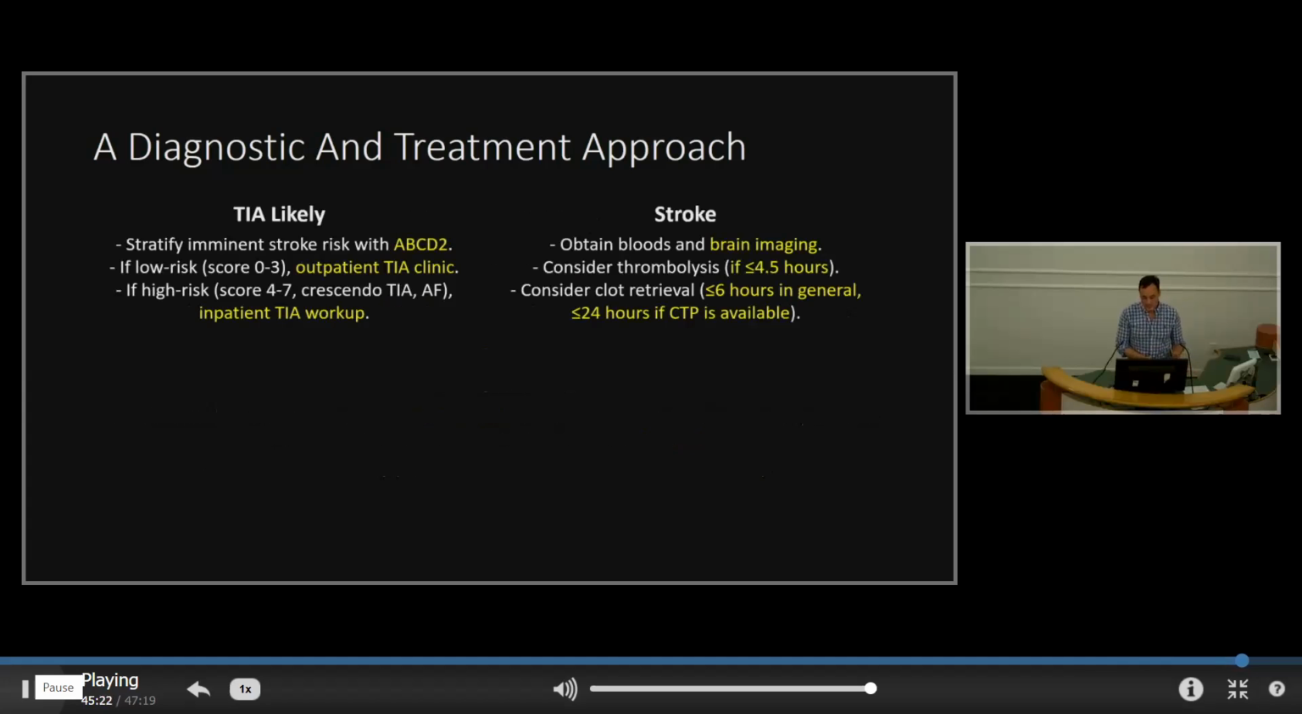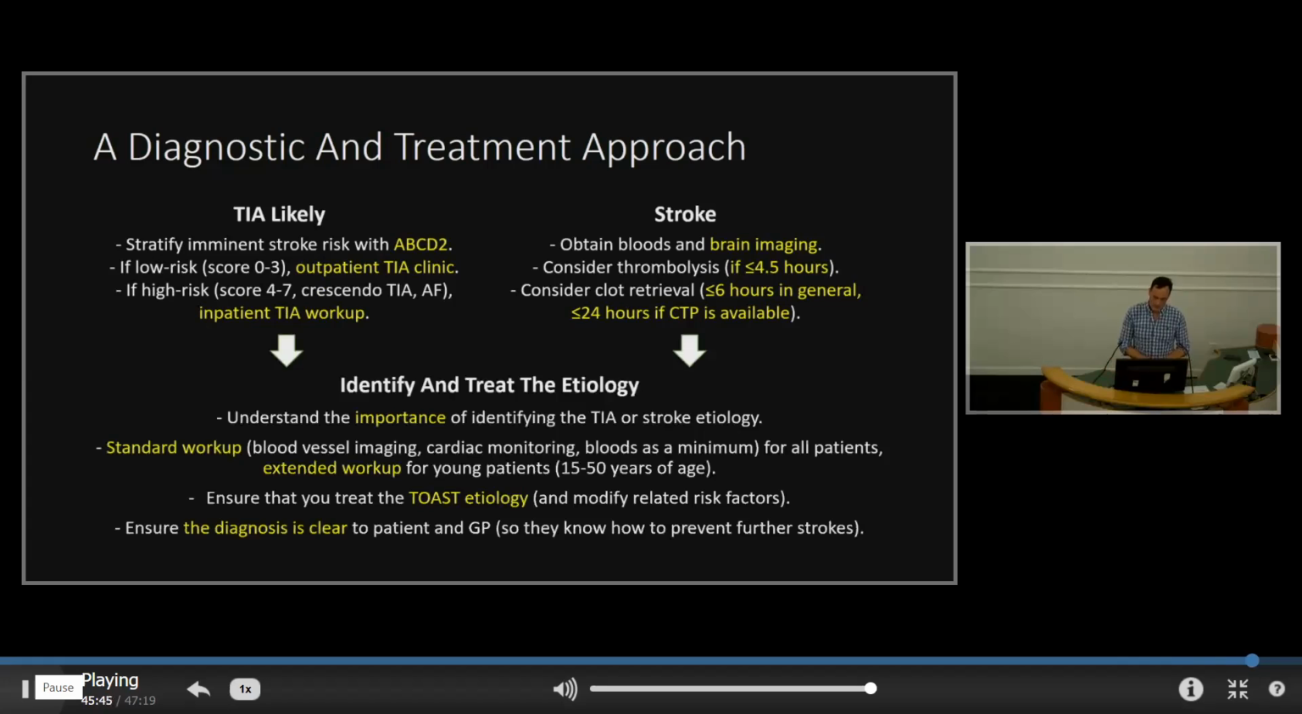If you have a TIA, it's all about stratifying imminent risk. So the person's had a symptom that recovered fully within 60 minutes. If you stratify them as low risk, outpatient is fine. High risk, they probably need to be admitted. Stroke, you need to do bloods, brain imaging, consider thrombolysis, consider clot retrieval, depending on if they're in the time windows. And finally, once the dust has settled and the patient's on the ward, then you identify and treat the